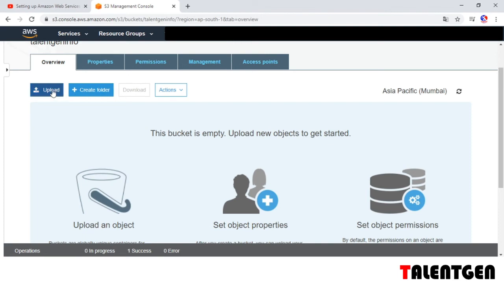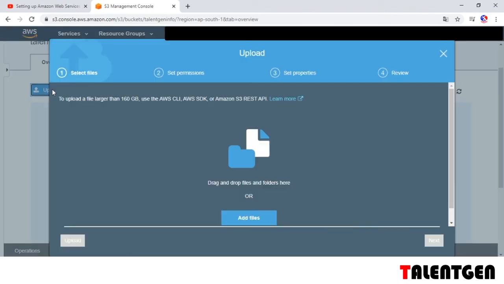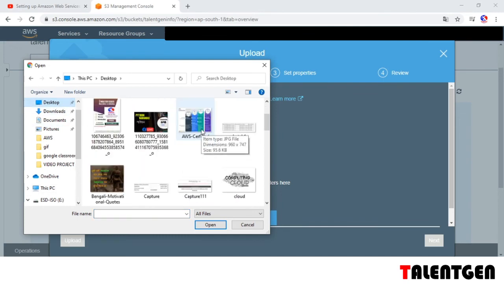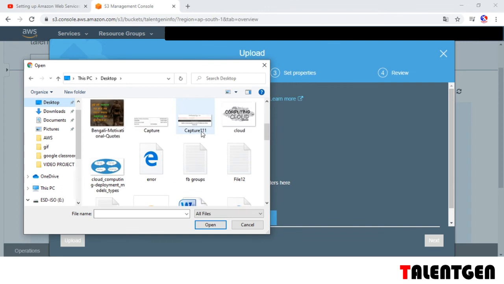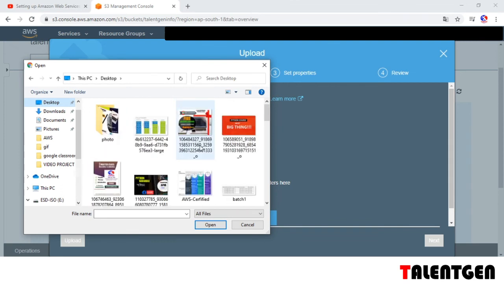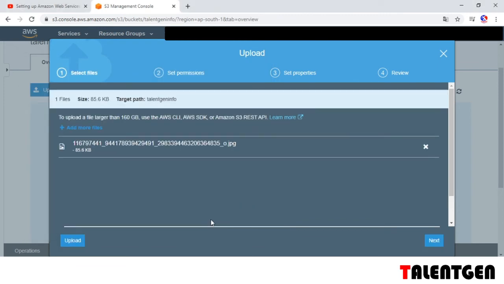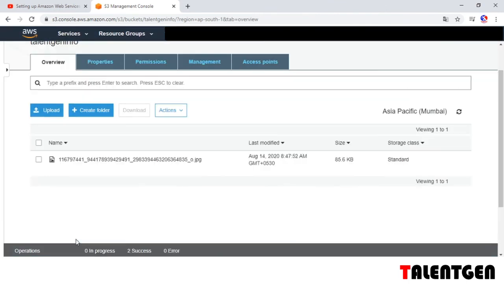Now click on the upload button, add file, go to desktop and upload one JPG file.